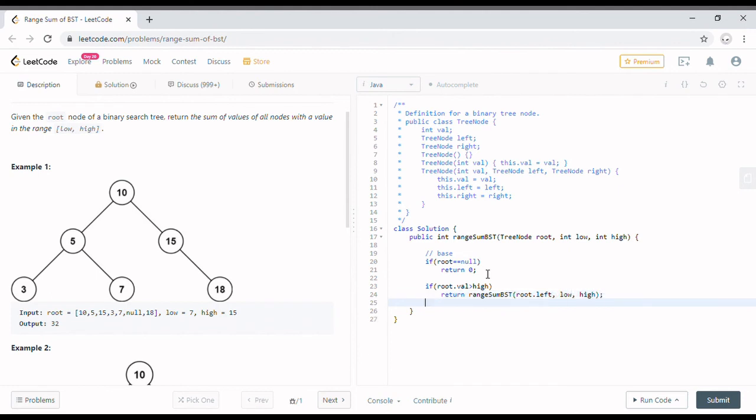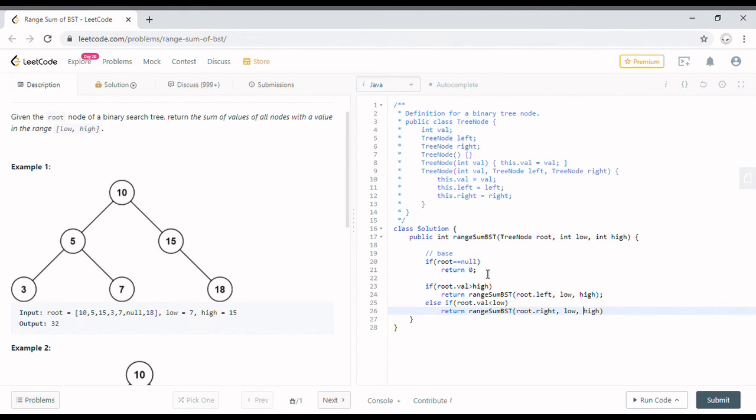Otherwise, else if root dot value is less than low, then I will call the right subtree: range sum bst of root dot right, comma the low value, comma the high value.